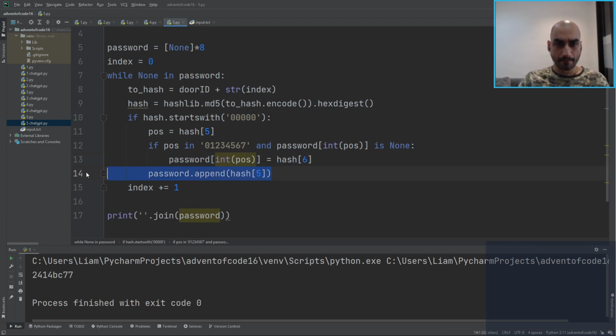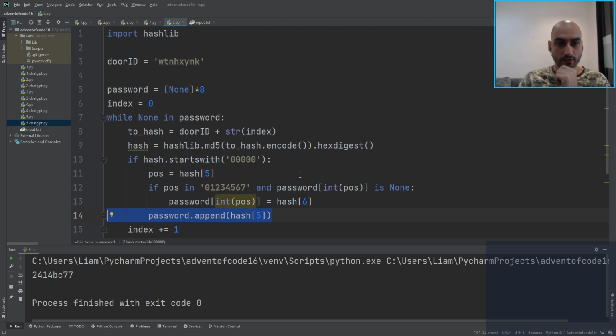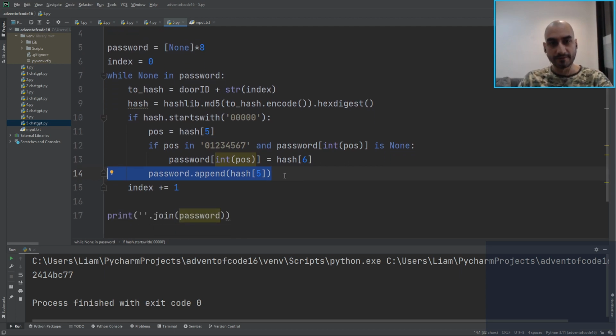That's it. Oh, I shouldn't have modified this. I always wanted my code to do both. Alright, doesn't matter. One after the other. Okay, so